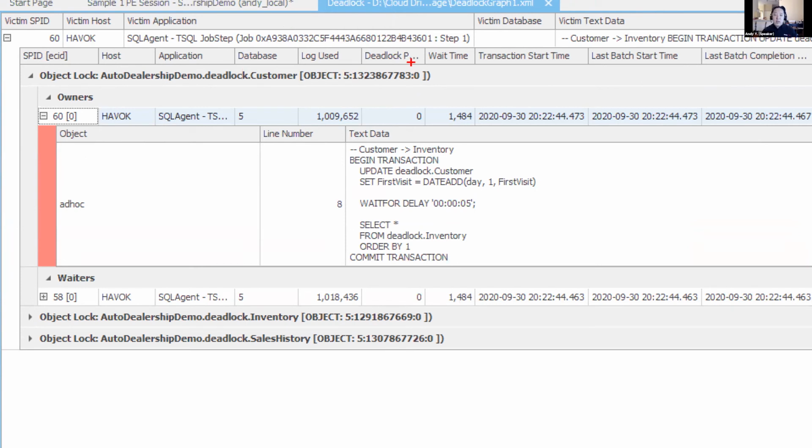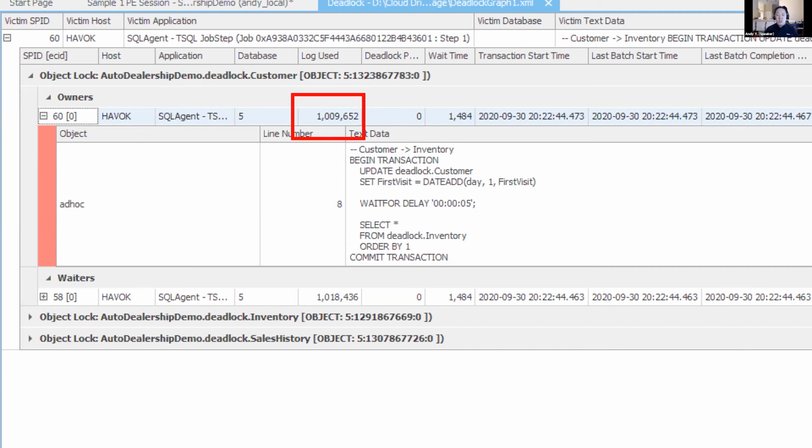So it'll look at the SPID and it'll look at the deadlock priority. Deadlock priority is one of those hidden values that I didn't even know existed for the longest time. It's always defaulted to a value of 0. You have to use a query hint if you want to set it to something else. But in case of ties, which is most of the time, then SQL Server will look at the transaction log